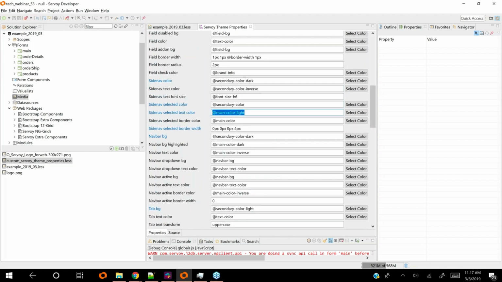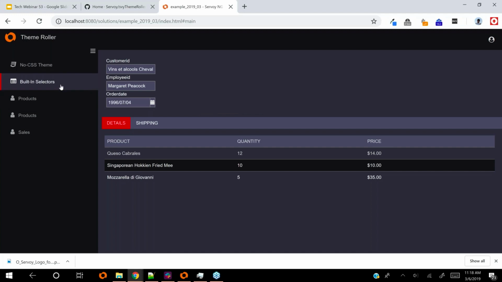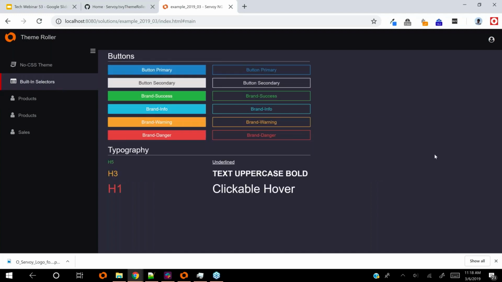This is kind of an overview of how it works. In a minute, we could try to do this from scratch. But I want to jump over to another part of the demo. So if I come over to these built-in selectors, I want to talk about how you might apply these things